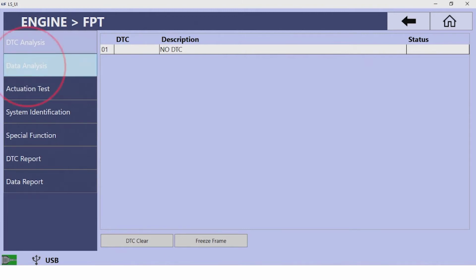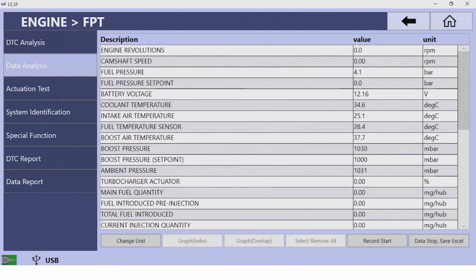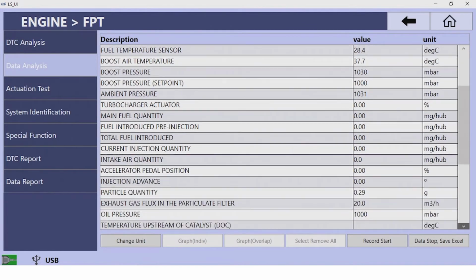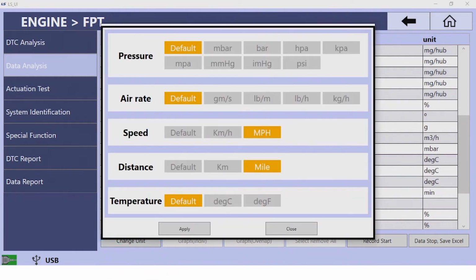Next is data analysis. Within this, you'll be given a group selection of measurable parameters. You can isolate these down between specific groups or choose all. Here you will find different values of temperatures, pressures, and switch positions. You can change your unit of measure in the bottom left-hand corner,